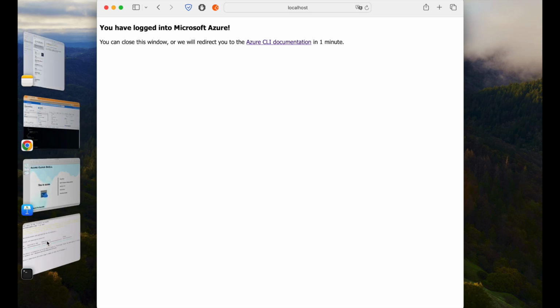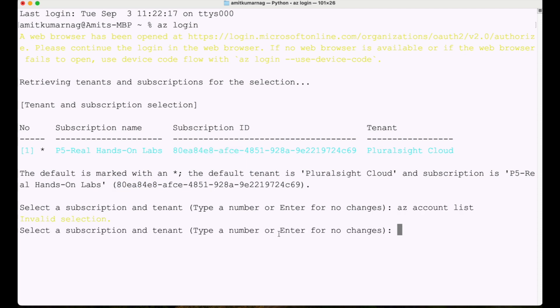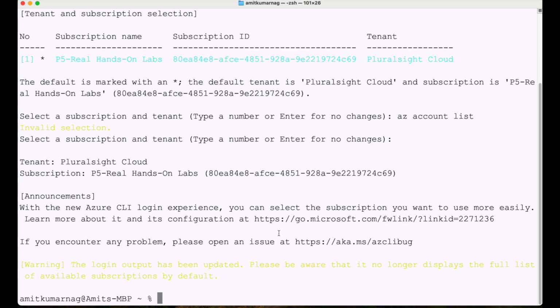And if I go back to my terminal here, I see that, yeah, my login is successful, and it is showing me the subscription name, subscription ID, and everything. So this is my subscription. So okay, so this is not that. So now I have been logged in. Sorry. And now you can do az account